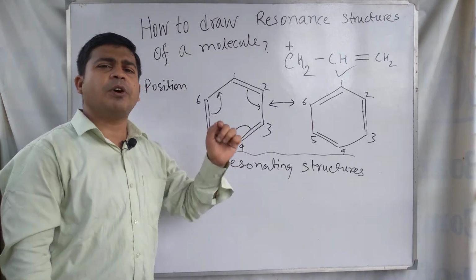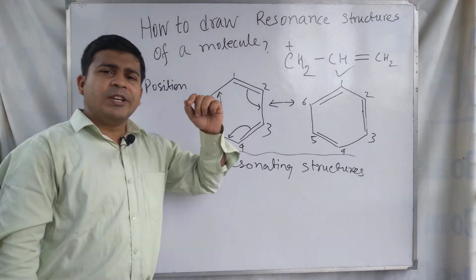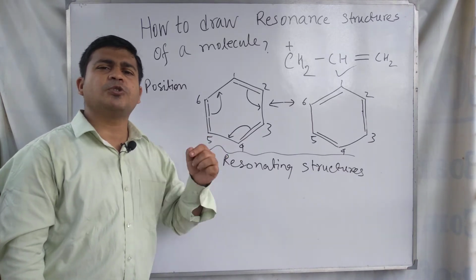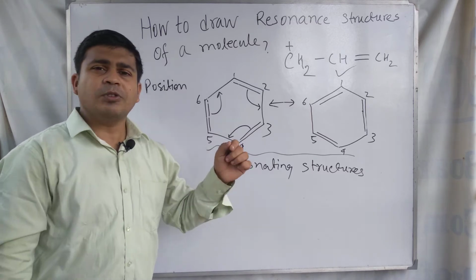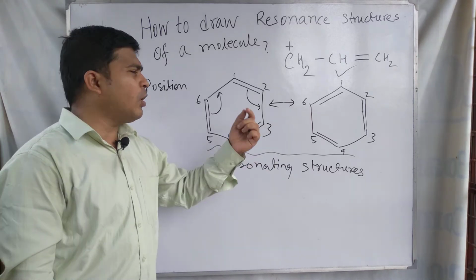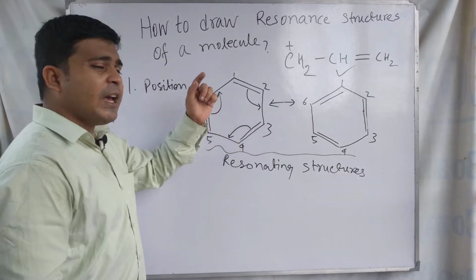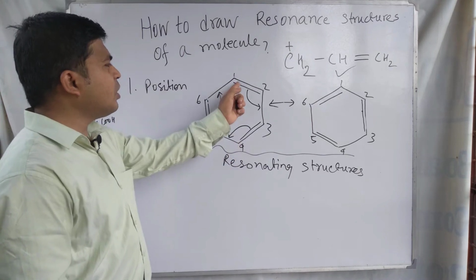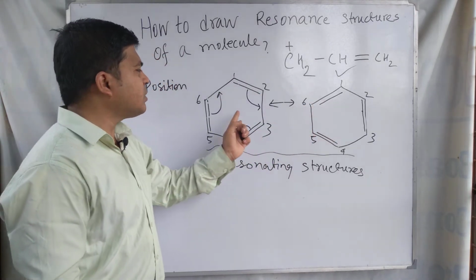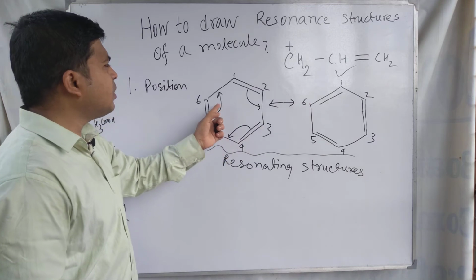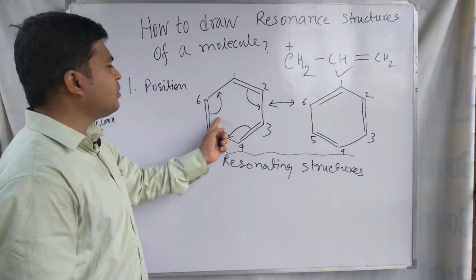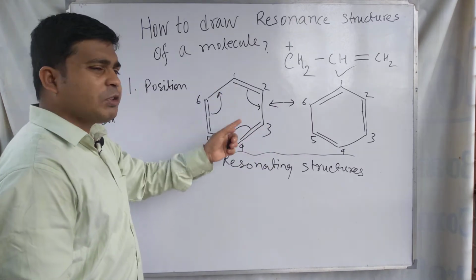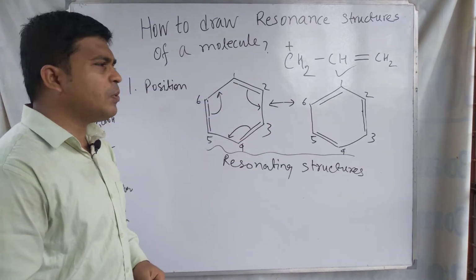This is a very important point. You have to know that in resonance structure drawing only bonds can be shifted from one position to another position, but the atoms cannot be shifted. See here in this structure, the atoms are in the same position as before making the resonance structures, and atoms are in the same position but the bonds are in different positions. So in resonance structure drawing, atoms cannot be displaced, bonds can be displaced.